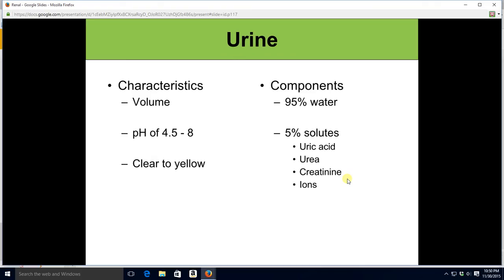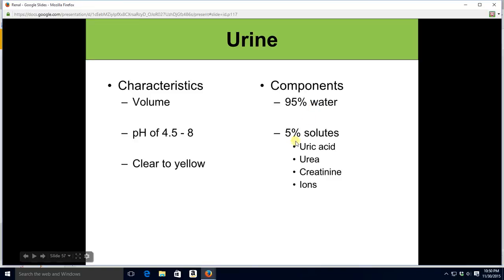All right. Speaking of urine, volume generally varies from 1 to 2 liters per day. Normally, it can be more, it can be less, depending on how much you're drinking. pH, usually on the acidic side, usually 4.5, 5, 6. Sometimes it can be neutral, up till 8. Depends on your diet. You know, whether you're a vegetarian, how carnivorous you are. Color, of course, clear to yellow, depending on the concentration, depending on how much water is in there. And it's usually mostly water.